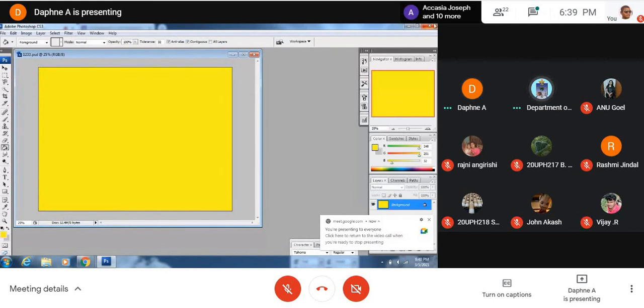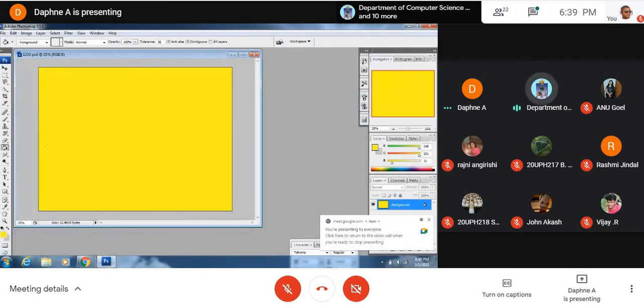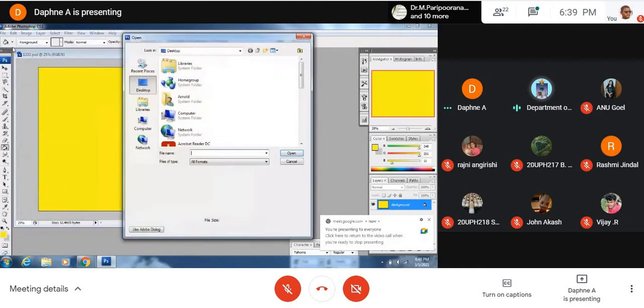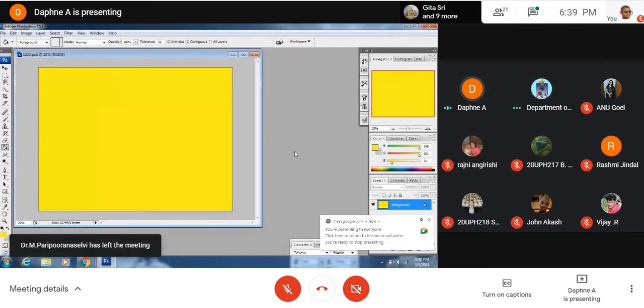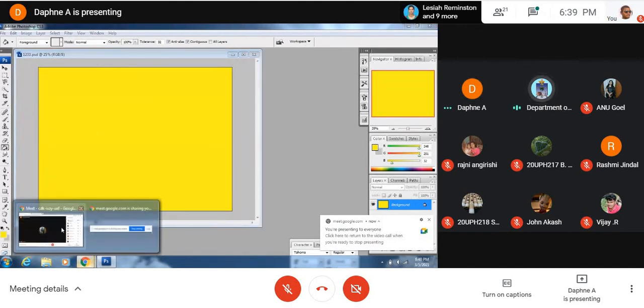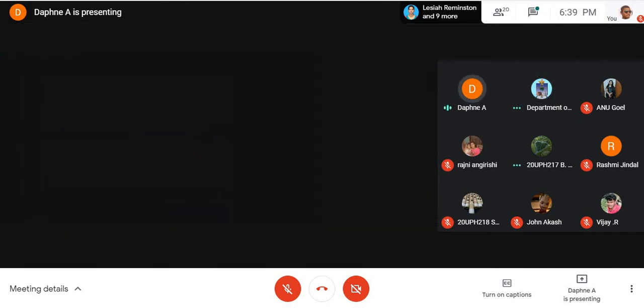Now open it. See, you have closed it. You cannot open it directly there because we are using the Scratch version. Go to File and Open. You will get the same Photoshop version. Click there. Open. You will get it. The file will be there. Okay, ma. Because we are using another version, the Scratch version. Yes. Thank you so much, sir. Thank you, ma. God bless.